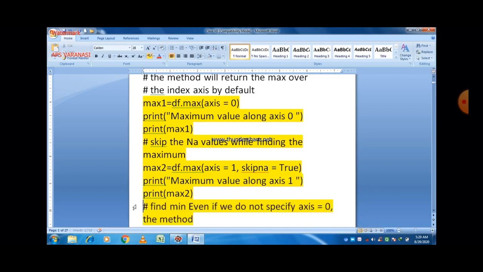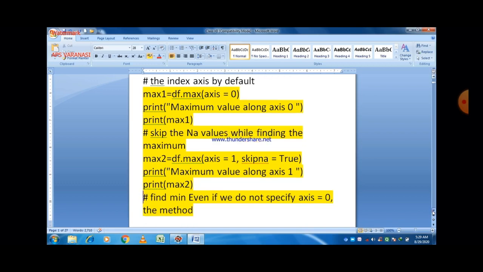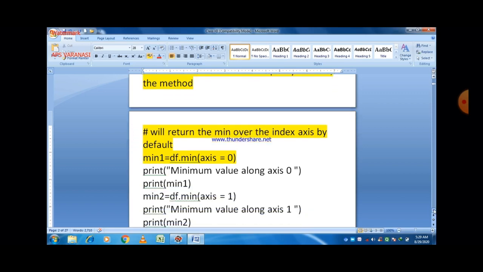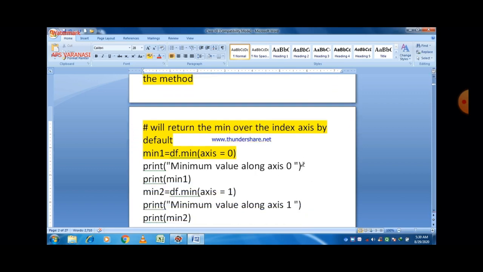In the same manner we can also find out the minimum value, but always remember that to find out the minimum value, there is a method named min. So first of all give the name of the data frame, then put the dot operator sign, and then the name of the method. In this case the name of the method is min, and always remember that by default the minimum value is always calculated along x is 0. So we can also follow the same procedure for minimum value. Always remember that to find out the maximum value, there is a method named max, and to find out the minimum value there is a method named min.